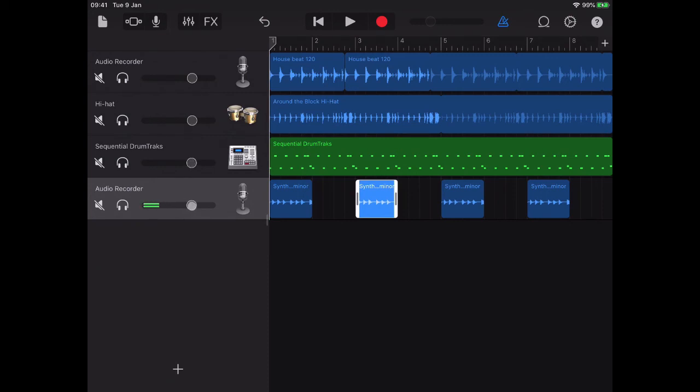Really good tip here is that if you have something that's loud, so say we've got this synth track here, and I think this is a wee bit too loud for everything else, what we don't want to do is to turn everything else up to match how loud this is. We want to turn this one down to match the volume of everything else. And a really handy tip here, way to do this, is to turn this all the way down to the bottom and then just gradually bring it up until you can hear that there's enough of the sound and it matches everything else. So if we take this back to the start and then press play,